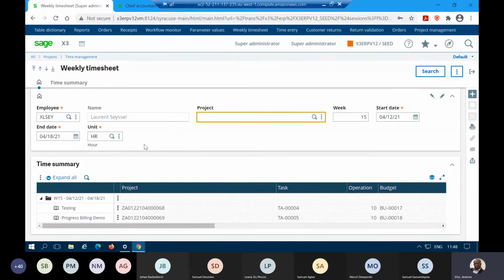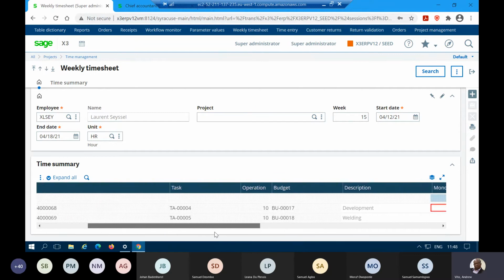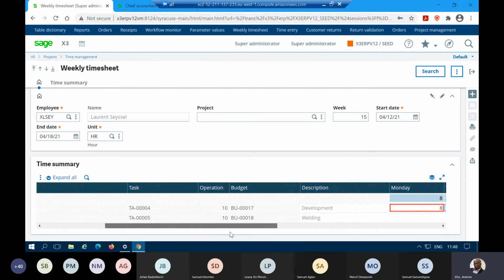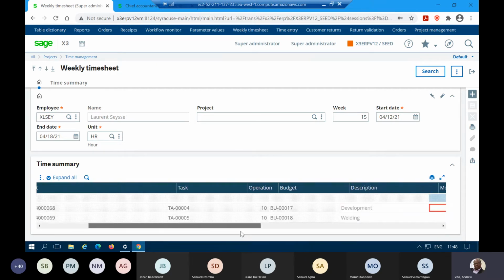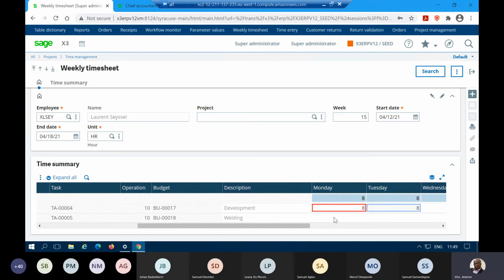The project basically tracks the timesheet on a weekly basis, and there is our starting date, and then end date of the week, and then it's tracked in hours. And as you can see, these are the tasks that this resource is working on, which is basically welding. So in this case, let's just concentrate on the second line. I can just narrow it down to the project that we have done. The project that he's working on is the one that is ending with 69 on the temp. That's the one. So on Monday,